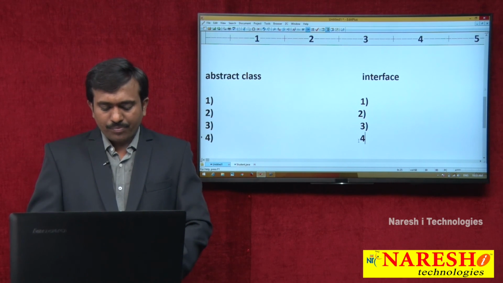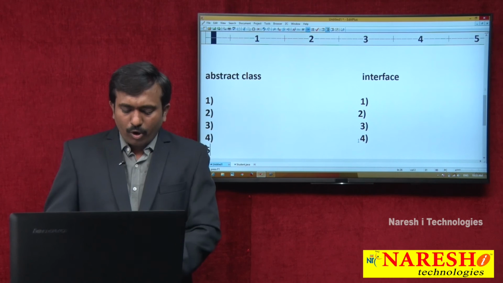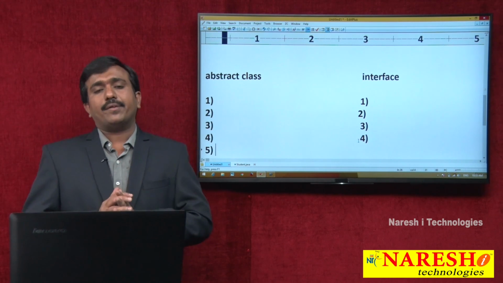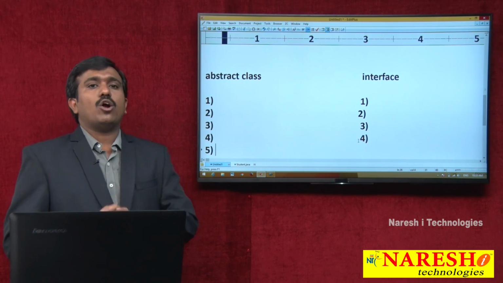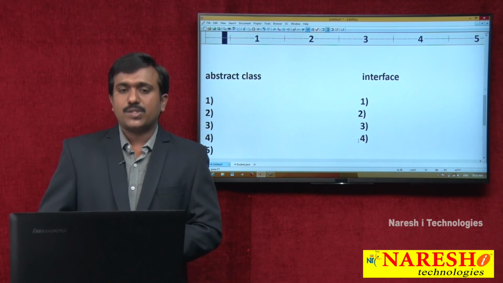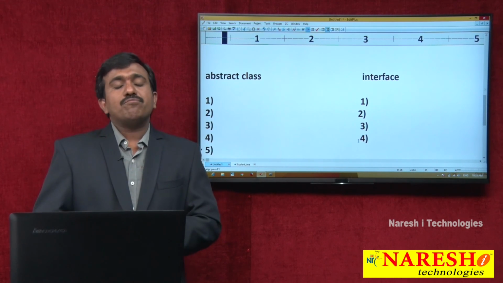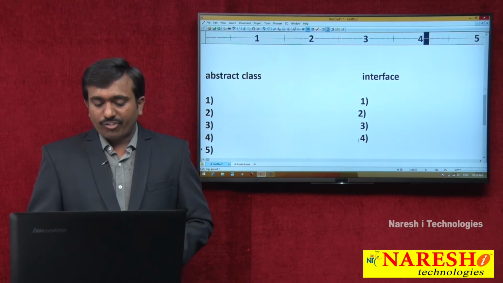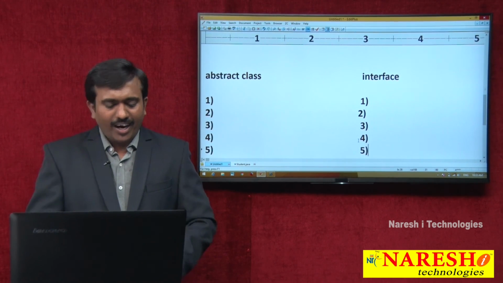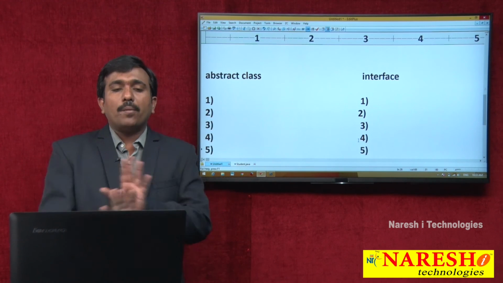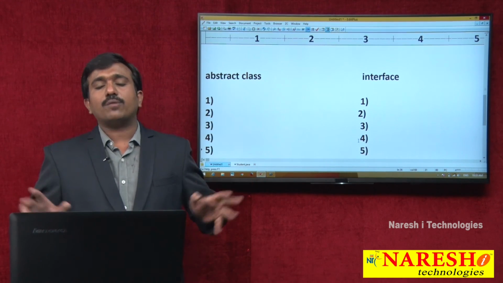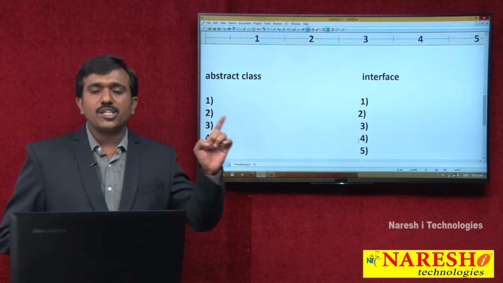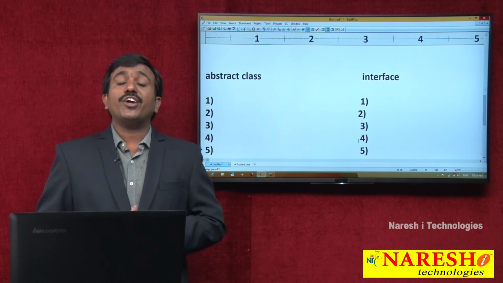Abstract class. And one more important point is actually a common point. Object creation is not possible for an abstract class. Similarly, object creation is also not possible for an interface. Either directly or indirectly, object creation is not possible for an abstract class. Object creation is not possible for an interface in Java.